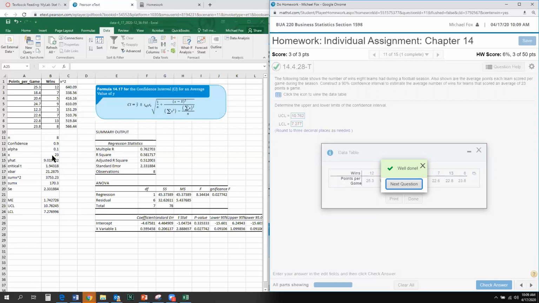This might be valuable, right? If you're a coach and you realize, hey, if we can score an average of 23 points a game, we are going to be among the top half of teams. So that kind of tells you where to focus some of your efforts on offense,